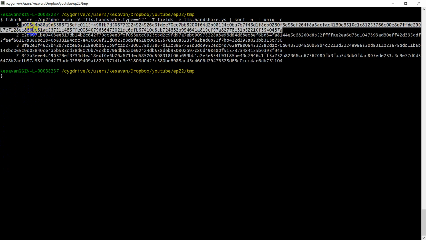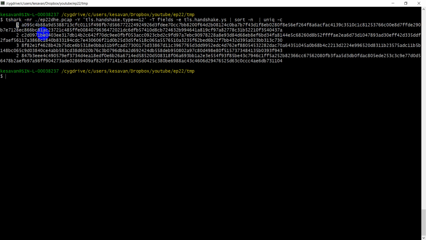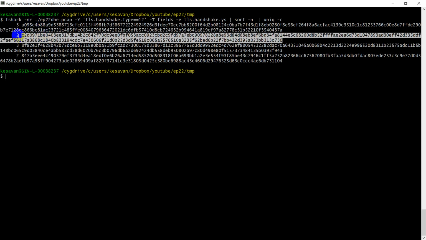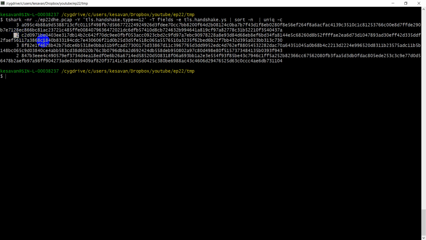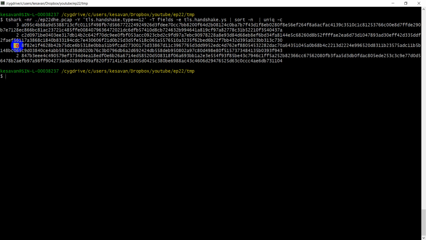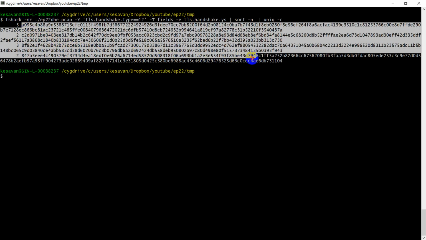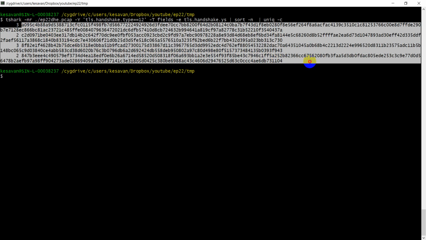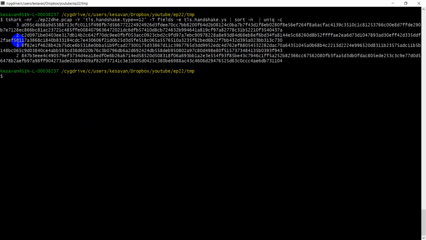It has 4 private keys. The first private key generated this highlighted public key, and it got reused for 3 times. The second private key created this public key and it got reused for 2 times. The third private key generated this public key and it got used for 3 times. That means the server is reusing the private key as well. It has 4 private keys. That is the meaning of this output, and it got reused in the ratio 3:2:3:2.